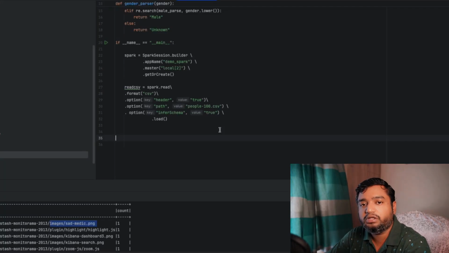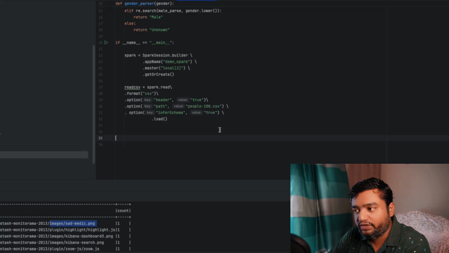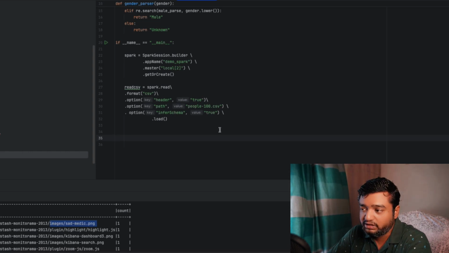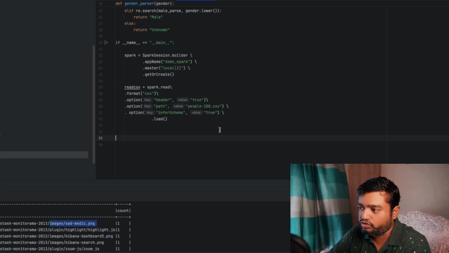हेलो एवरीवन, वेलकम टू अनदर वीडियो ऑफ स्पार्क। आज के वीडियो में हम बात करने वाले हैं यूडीएफ के बारे में। What is a User Defined Function, हम लोग यूजर डिफाइंड फंक्शन कैसे बनाते हैं स्पार्क में। We will see practically how we register a User Defined Function and will take one scenario, one use case and will try to solve it।